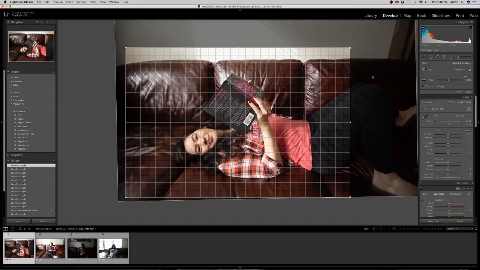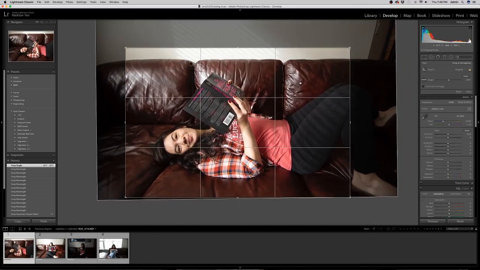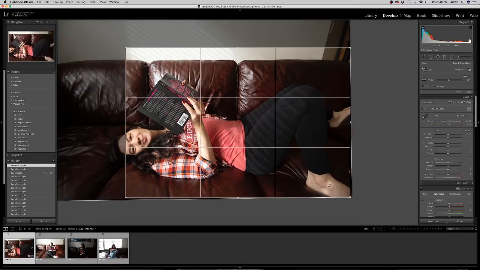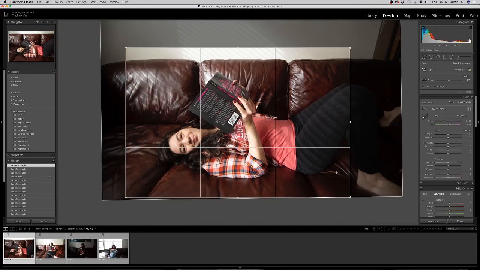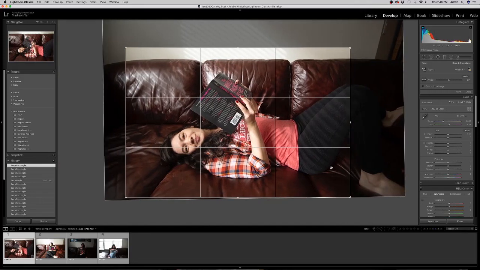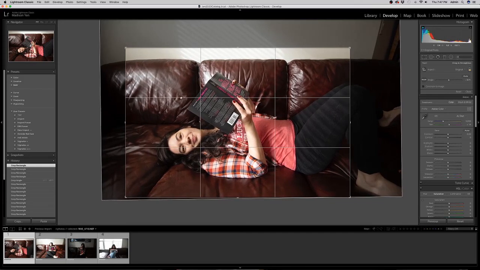We'll see. And then kind of turn it. So we'll just move. I want the feet in. I would want the feet in, but they're cropped off. So, we don't get feet. We'll move over here. And that's fine. And then as you can see with this crop grid, it'll show you the 9 grid here. And this is just to help you kind of like center things, keep things in a good